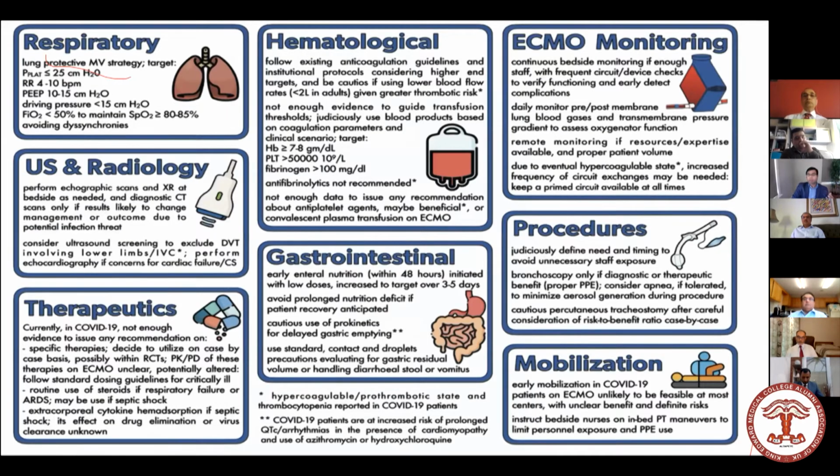Now, when they're on ECMO, what you do is just standard respiratory management, which is low tidal volume, optimization of PEEP, low driving pressure, minimize radiology, and then therapeutics based on whatever is evidence-based for COVID-19. Try to keep their hemoglobin between 7 and 8, platelets more than 50,000. Most of these patients are on anticoagulation, and we aim for a PTT between 50 and 70. They're started on enteral nutrition if possible. And then there is a perfusionist who monitors the ECMO circuit.